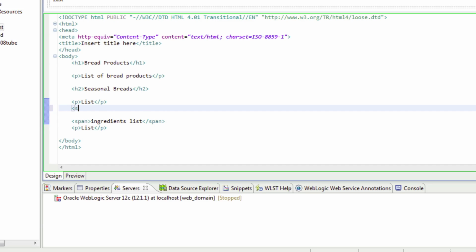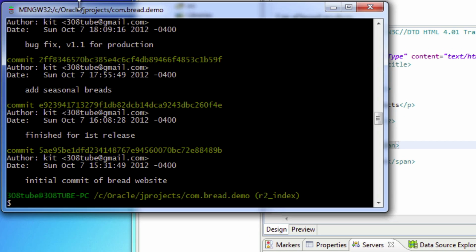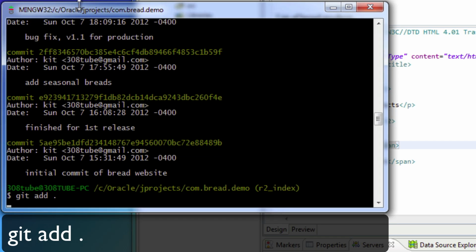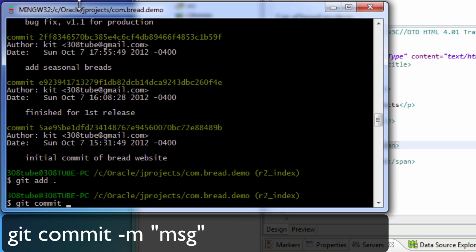So I'm just going to add a span and say notes. So that is the last bit of coding that we need to do for our feature set, and we are done with that. So we're just going to go ahead and run through the commits again. So let's do a git add dot, and then git commit dash m, and we can say added notes